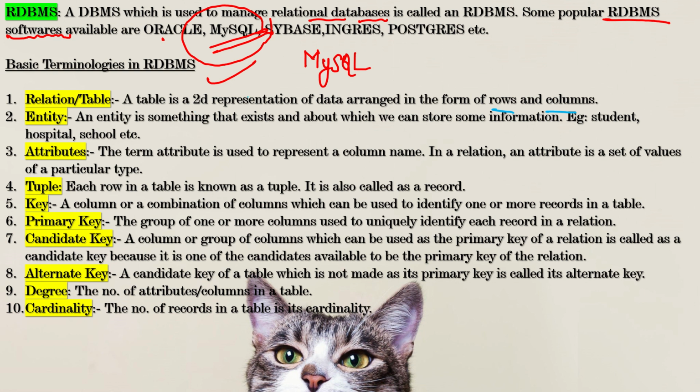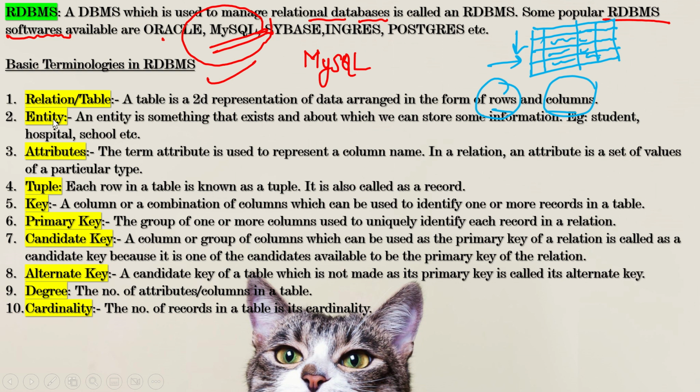Okay, what is a table? See, this is what a table is, right. A table has rows and it will also have columns. That is what is given here. A table is a 2-dimensional representation of data that is arranged in the form of rows and columns, and here we will have some data. Okay, and that data is arranged how? In the form of rows and in the form of columns. Okay, that is the first one,